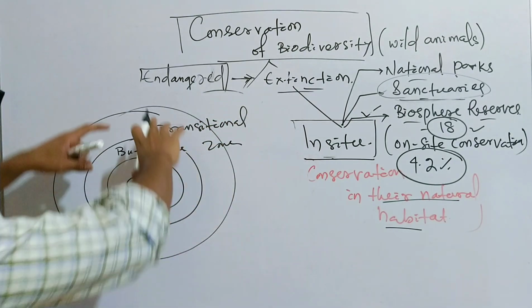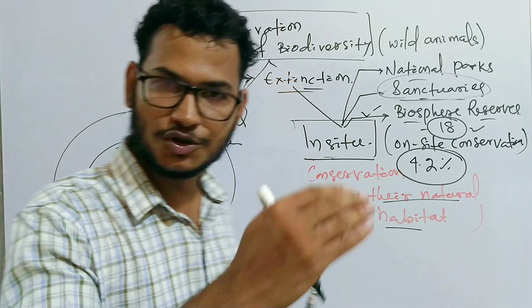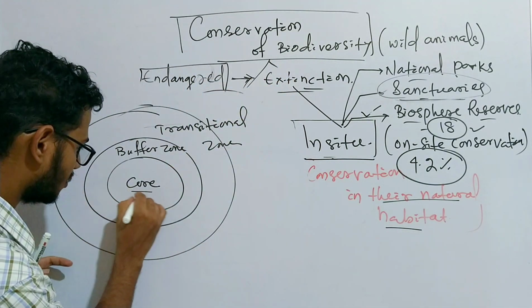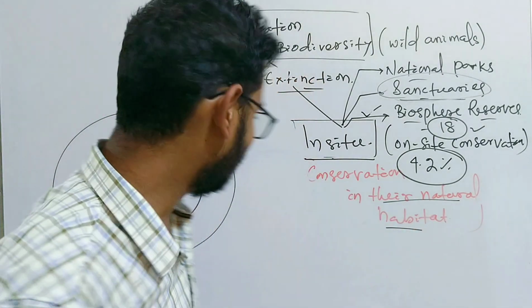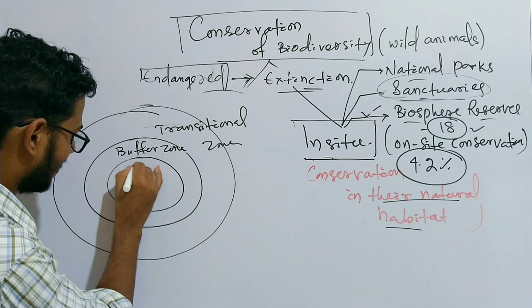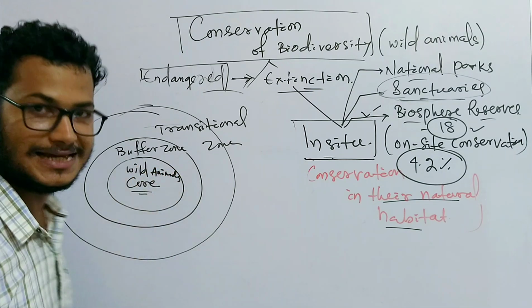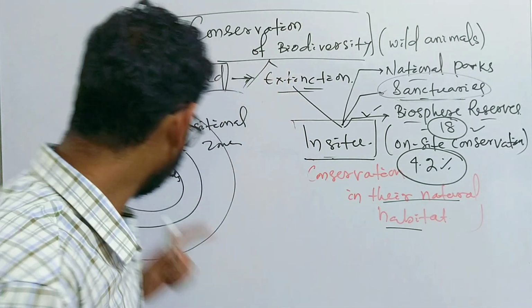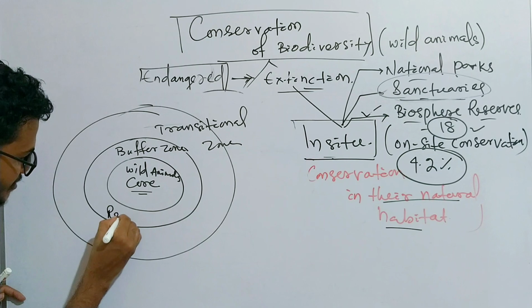Okay, so the biosphere can be divided into three different zones. The core zone, where no human activity is permitted, where the wild animals are strictly protected, right? Next one is the buffer zone, where scientific research activities